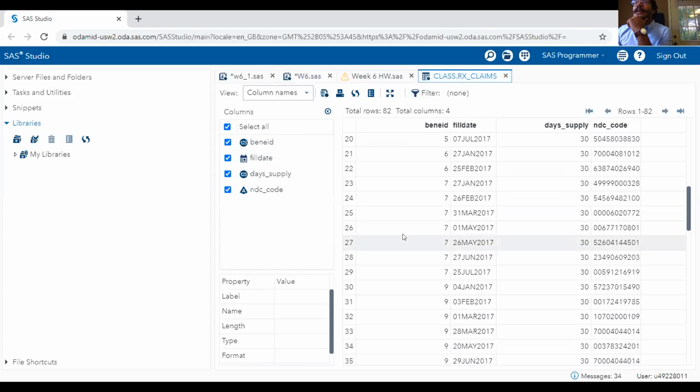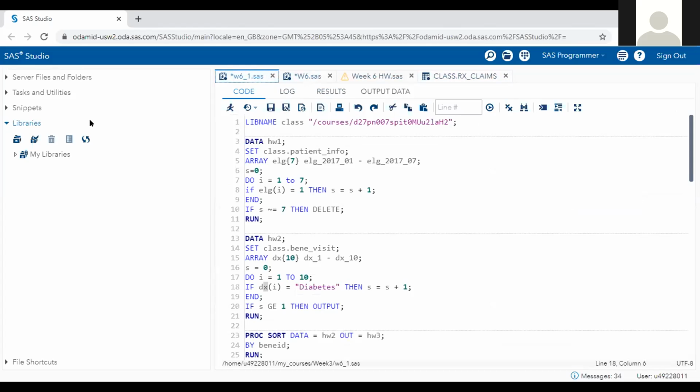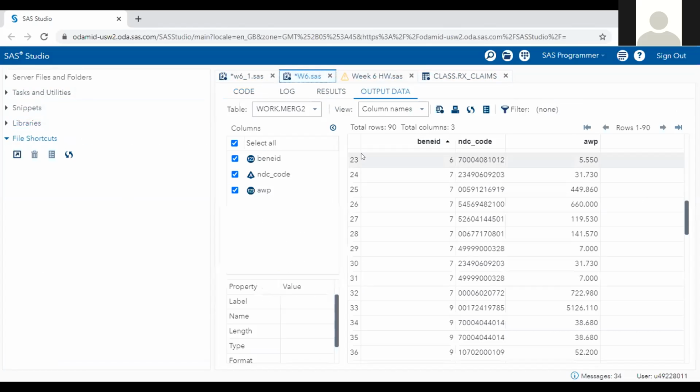I've understood why this is happening. So look at the NDC codes for individual number 7. Are there any duplications? There is no duplication here. But I checked the original data set. Of which one? NDC FAD. There was repetition of the following codes.